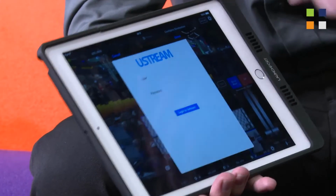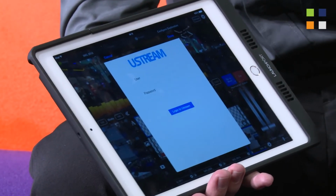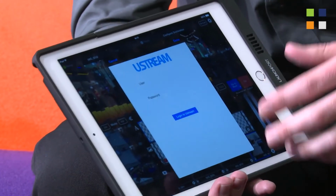How easy is this to use? It's very easy. Extremely. So we've partnered with Livestream, with Ustream, with YouTube, with Twitch TV. So I don't know if anyone outside will be able to see it, but let me pull up my little menu. So I can actually add a destination, I can log into my account straight from here. So in this app, I would put in my credentials, it'll give me my list of channels. So online, I'll create my event, select it, and then just press a button to go live. And it's very similar with the VidiU app and all the...